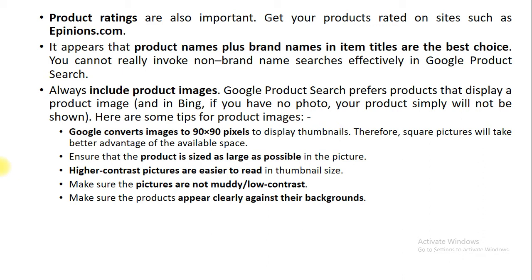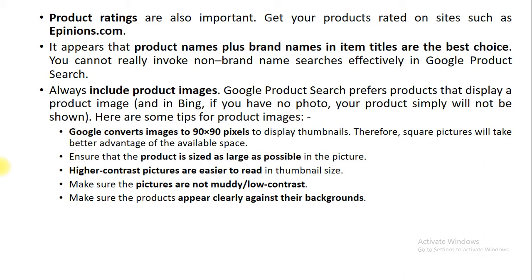Next, make sure the pictures are not muddy or low contrast. As I have told you, if the brightness or contrast level of the picture is very muddy or low in contrast, that picture gets blurred or will not be selected by any search engine.